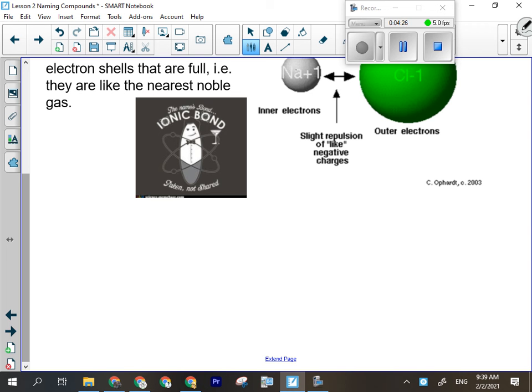So if I have sodium, a sodium atom has an atomic number of 11. That means it's got 11 protons and 11 electrons. Something Bohr discovered is that atoms like to have a certain arrangement of electrons. They become more stable when they have that arrangement. He thought it was like the planets around the sun, which we said is somewhat true. If you took a picture of an atom, it might look like that. But what he found out was